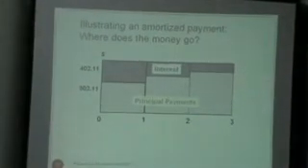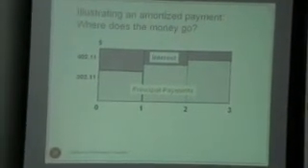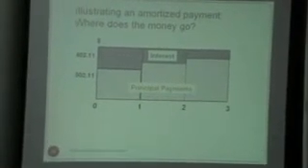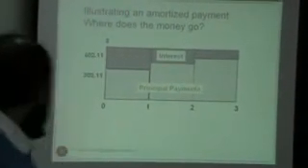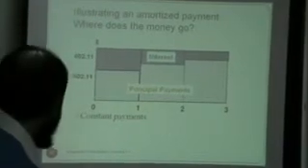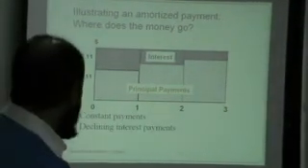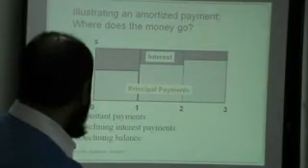So this shows the same thing, that with each installment, the portion of interest is decreasing, whereas the portion of principal payments is increasing. Constant payment, because the monthly installment will remain the same, with declining interest payments and declining